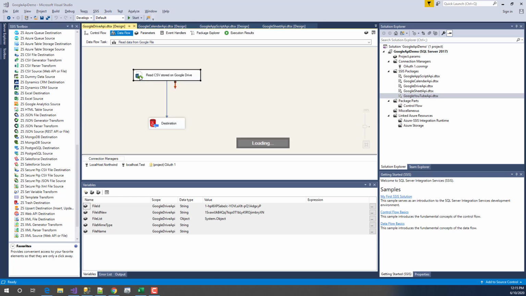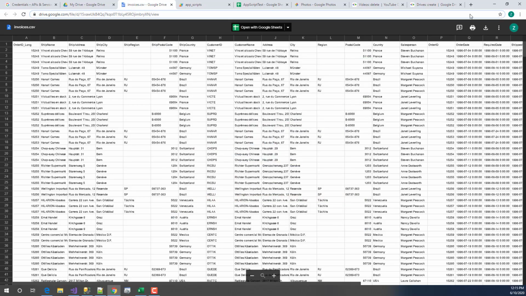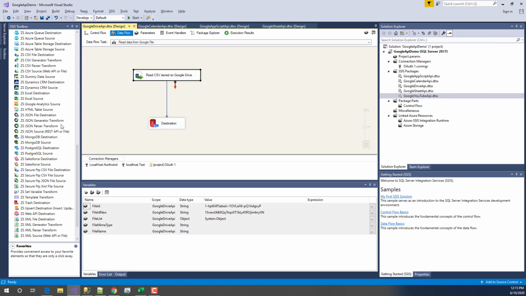So first drag your CSV connector. Let's minimize this. We have CSV source, JSON source, and XML source. This file is CSV format, so we're going to drag CSV source and configure it